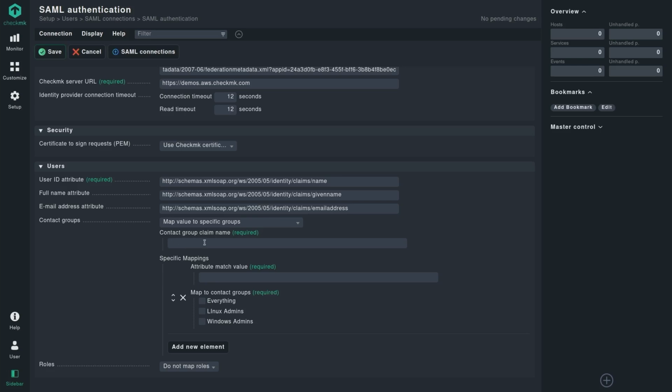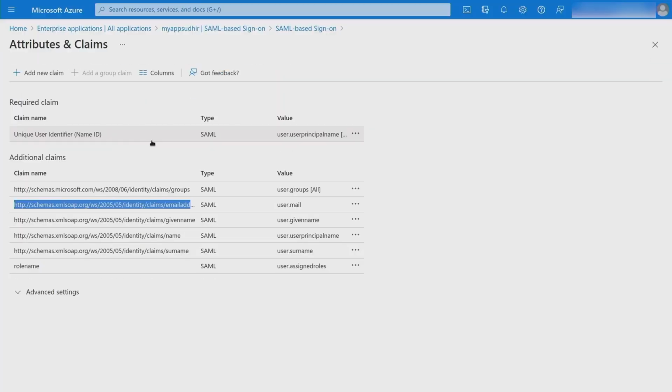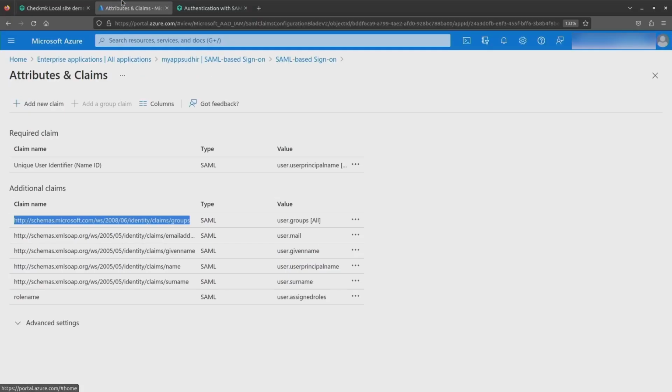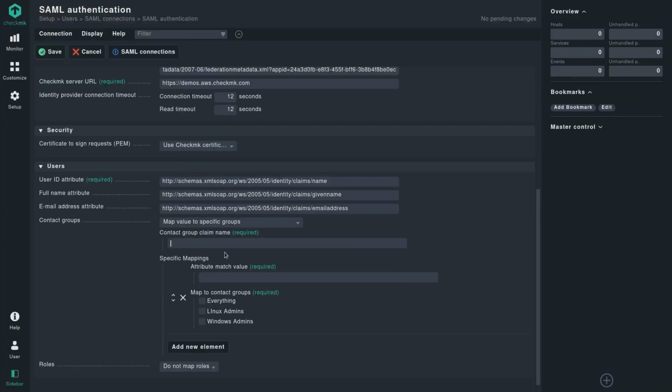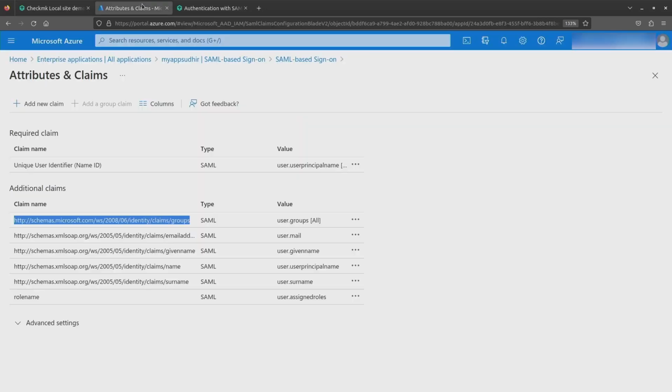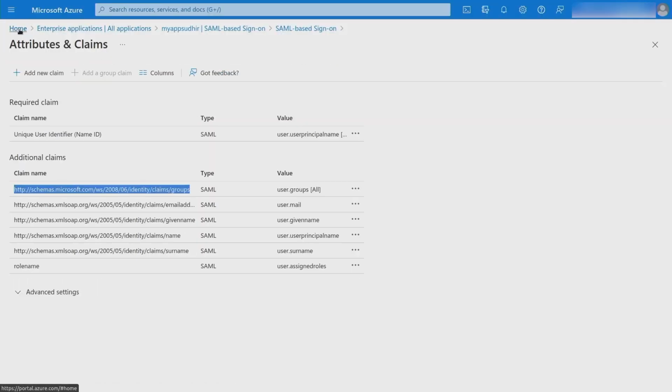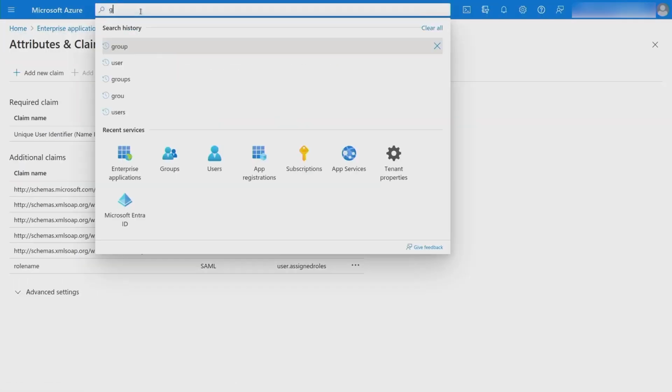Here also you need to paste a group claim name. I already see that here on the claim name page. Let's copy this, go back and let's paste this group here. And now you have the possibility to match the attribute. This attribute can be found under, if you directly search for groups,